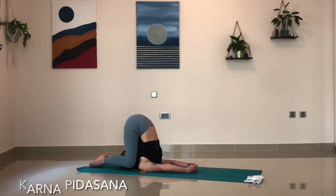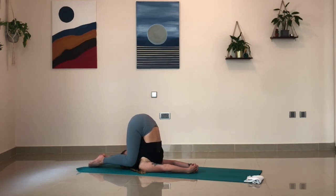So bending your knees, trying your best to get your shins toward the ground, squeezing the ears, or maybe just your temples and your head. But trying to keep your heels and your feet together in this. The arms stay in the same position as they were for Halasana. So 8 breaths here. 3,